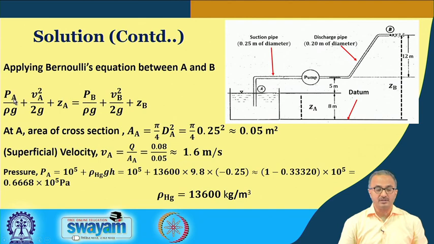Now, to find out the absolute pressure, because we have been given the vacuum pressure, that is the pressure difference between the absolute pressure and the atmospheric pressure, it is a negative value. So, we add the atmospheric pressure to that pressure. Only thing is that we consider this H, given in terms of the mercury column, to be negative, so that we get the pressure to be less than the atmospheric pressure. Here we use H rho g, where rho is the density of the mercury, which is 13,600 kg per meter cube. So, we get this value of the pressure at point A.